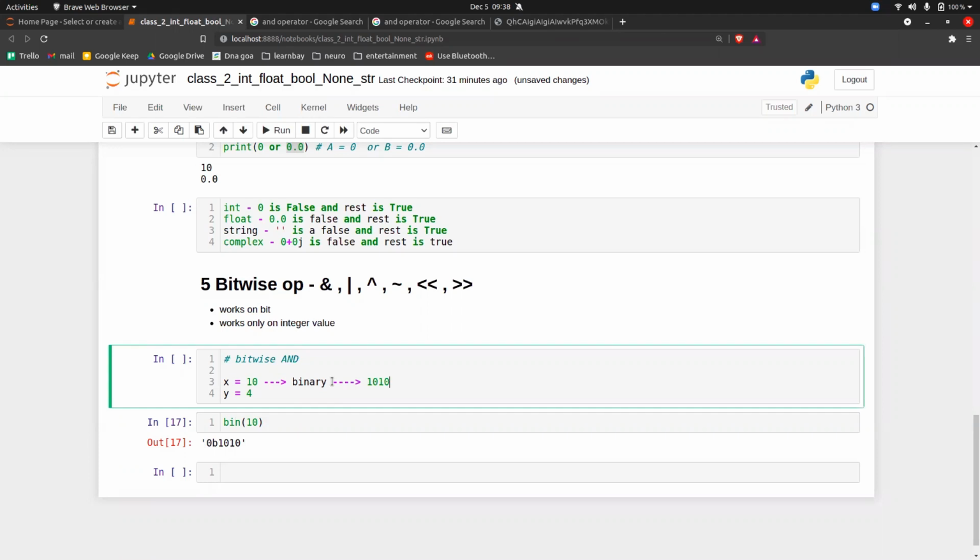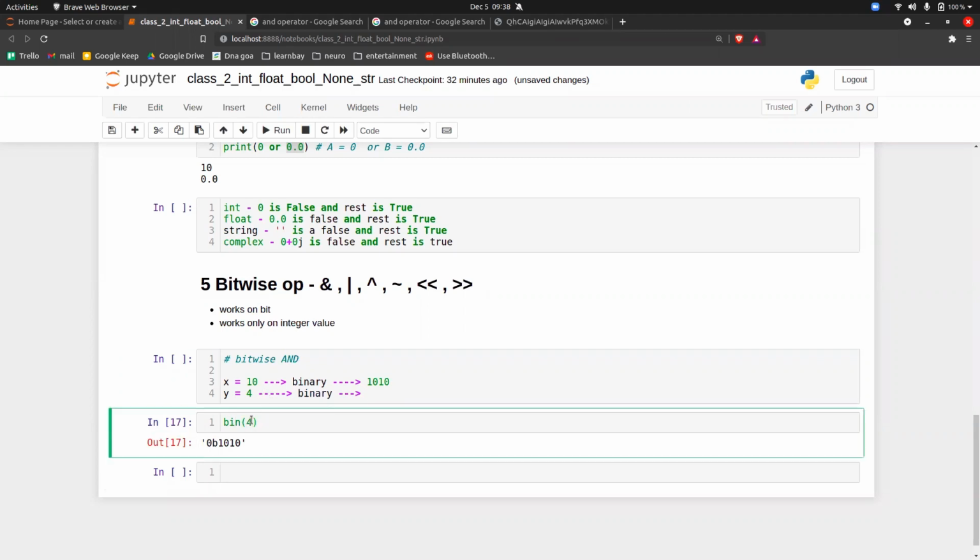Okay. So similarly, for the binary representation of 4, can anyone tell me the answer? Do the same thing and tell me the answer. So if I put 4 here and execute it, the answer is 0b100.